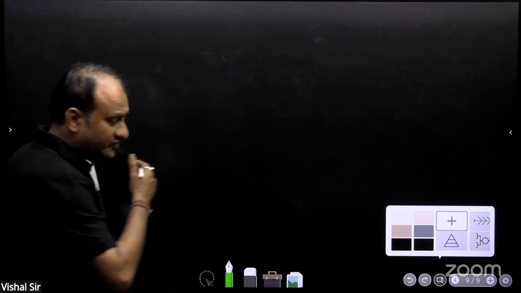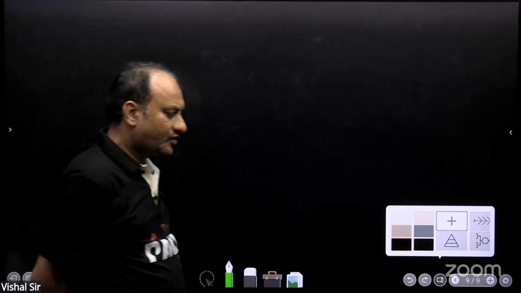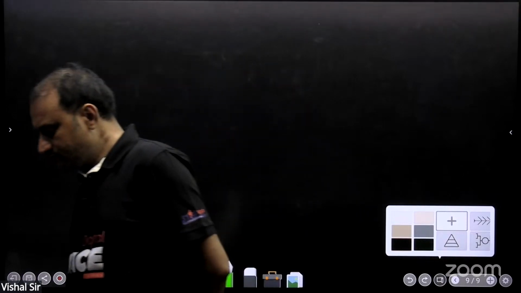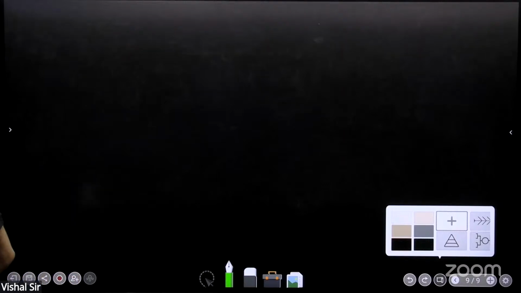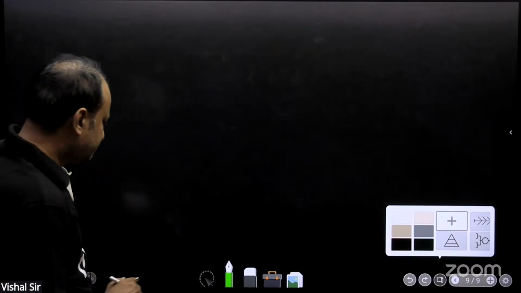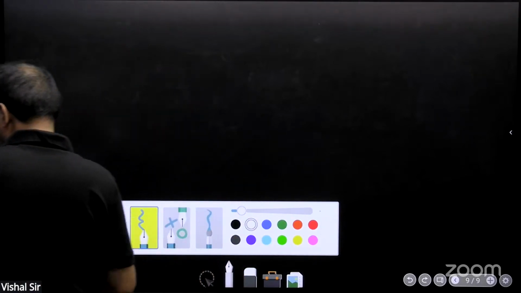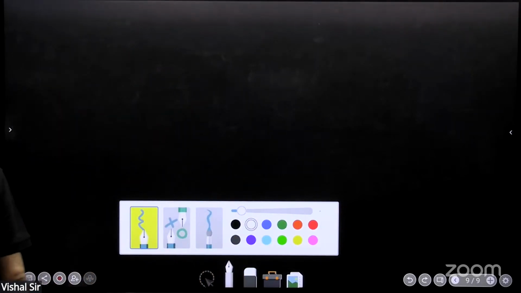Here we were applying Nernst on a complete galvanic cell. We could also apply Nernst only on a half cell. Okay. So how to apply Nernst only on a half cell? Suppose we can take an example like this,